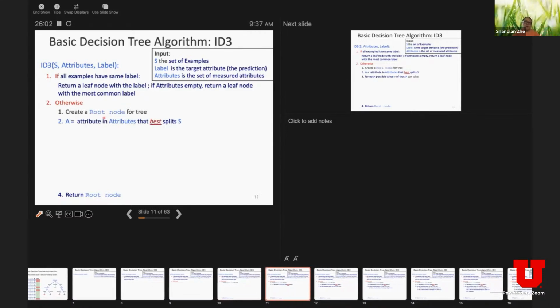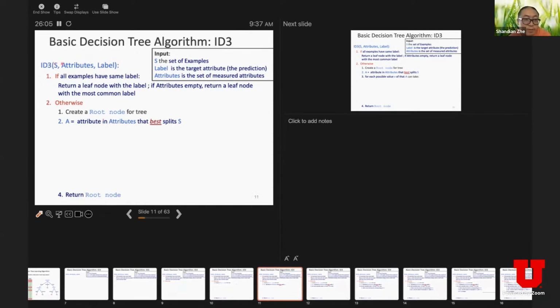And then from the attribute list, which is a set of attributes that is now non-empty, we're going to pick an attribute from that list to best split the data set S, right? Someone may ask what we mean by best splitting. Let us hold off this question. Let's first capture the whole algorithm procedure, and then we're going to talk about the details. So suppose you have some mechanism to pick the best attribute A to split the data set S,